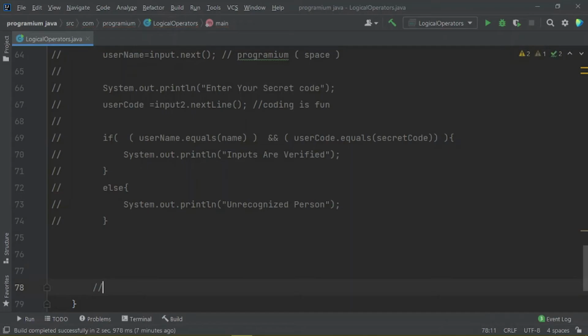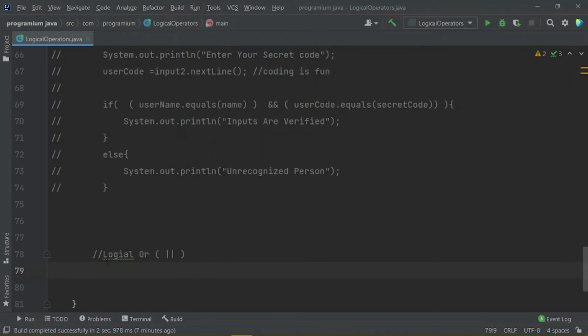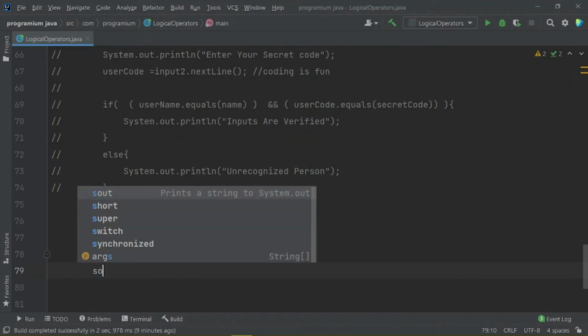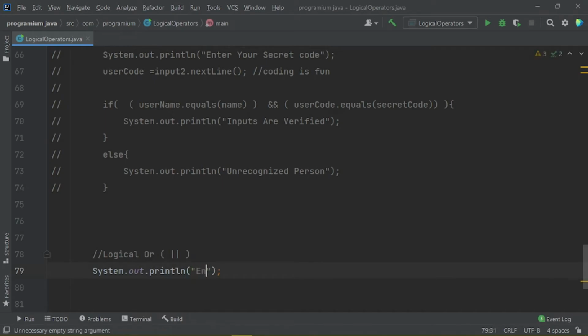So let me use here logical or denoted by this sign here. So how to use these operators in our Java applications? Now let us prompt the user to enter yes to continue, and use the escape character here, or select no to exit.